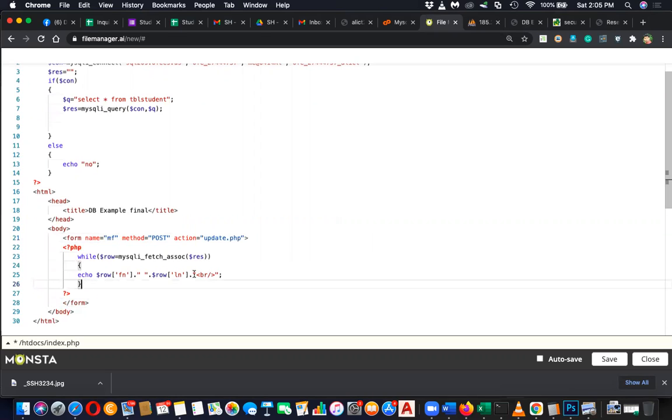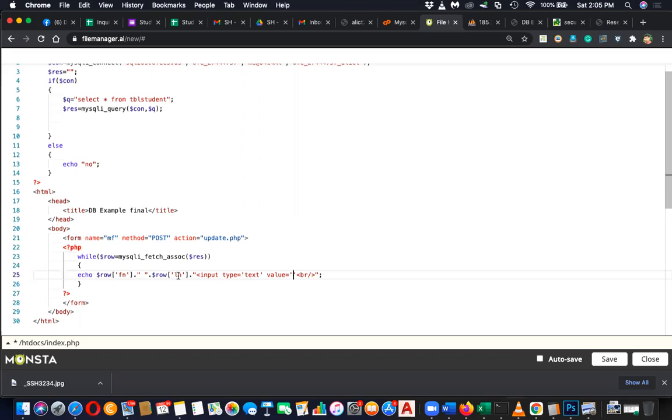Okay, in this form, I'm going to show this. After each row, I'm going to add input type equal text, value equal,